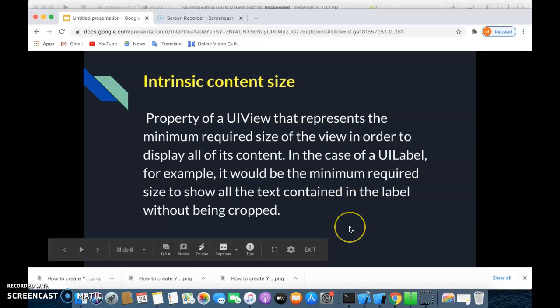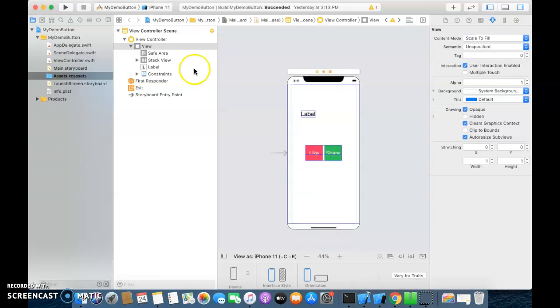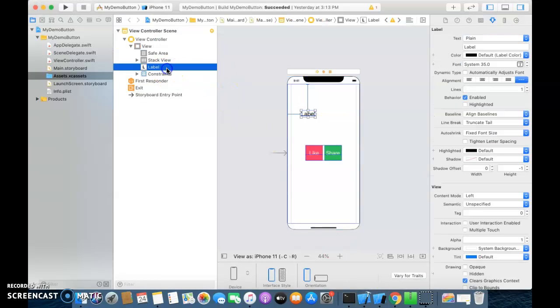So let us discuss this in a more practical way using an example in our project. If you remember, in our earlier project, we created a UI label and we were discussing how many minimum constraints are required for a UI label, and we concluded that we require a minimum of only 2 constraints.